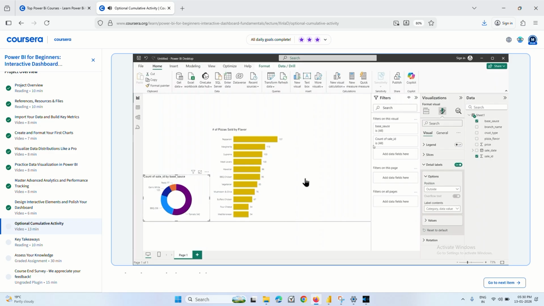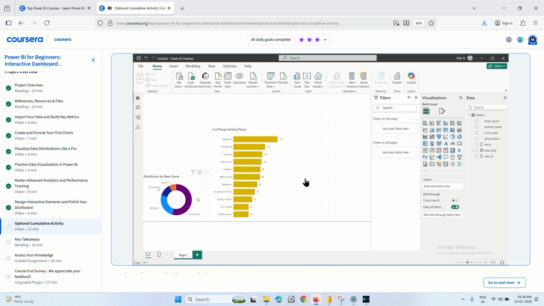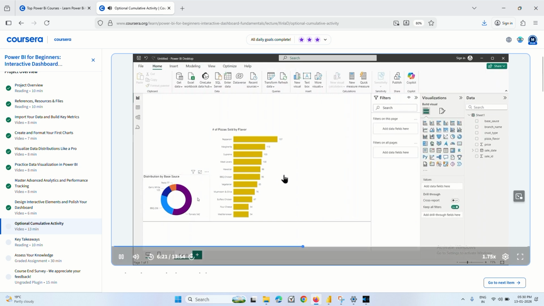So now let's go ahead and also edit the title to make it more descriptive. Under general, we'll go to title and write distribution by base sauce. Now let's go ahead and look at the distribution by crust type to know how much cheese to store for the crust. I will also choose here a donut chart since I have only two categories, which is stuffed crust